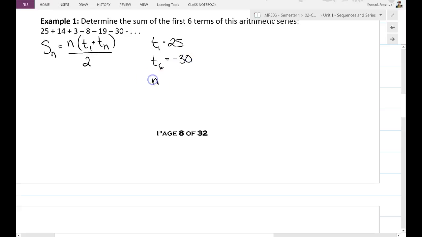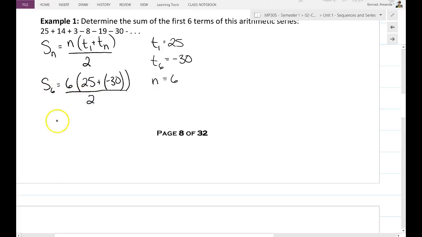And then n is 6. So from here we plug and chug, Sn equals, and now it's not Sn though, it's S6. 6 multiplied by 25 plus negative 30, so be careful there,